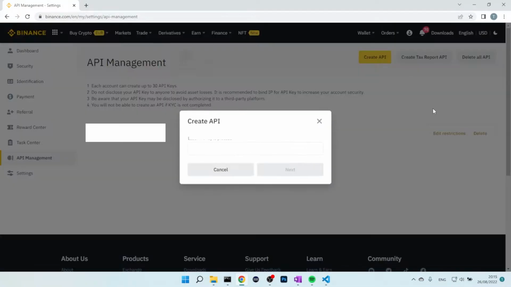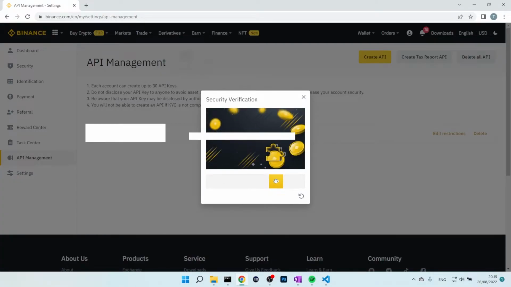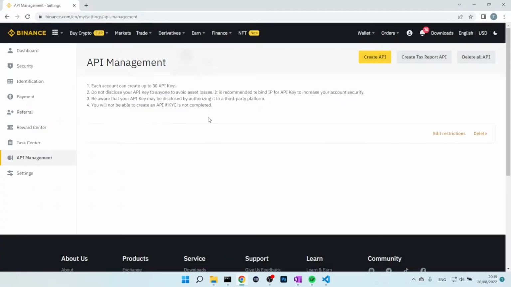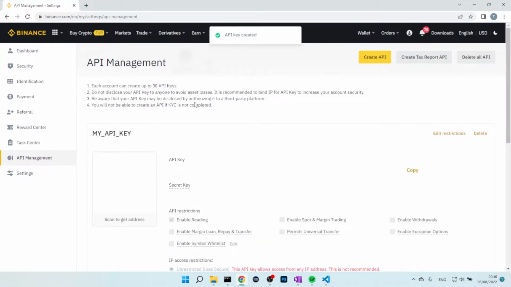So let's create the API key. First of all, we need to give it a name, my API key. All right. We'll ask you for some codes. Let me quickly do it. All right, and here we go. So now we have an API key and an API secret that we can put in our script to authenticate